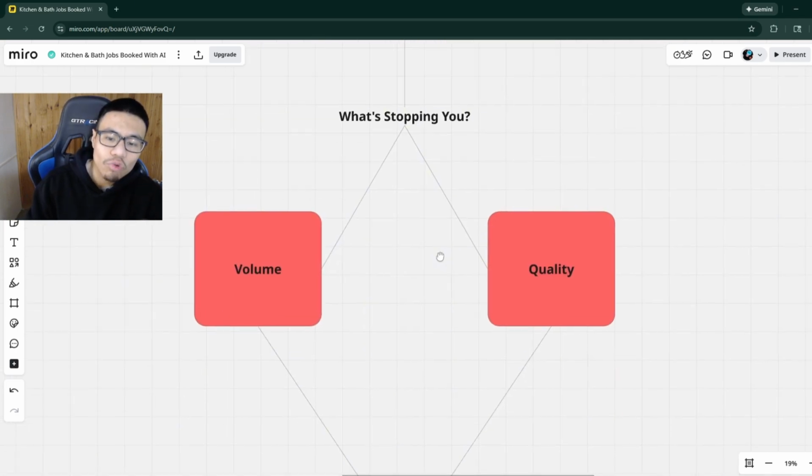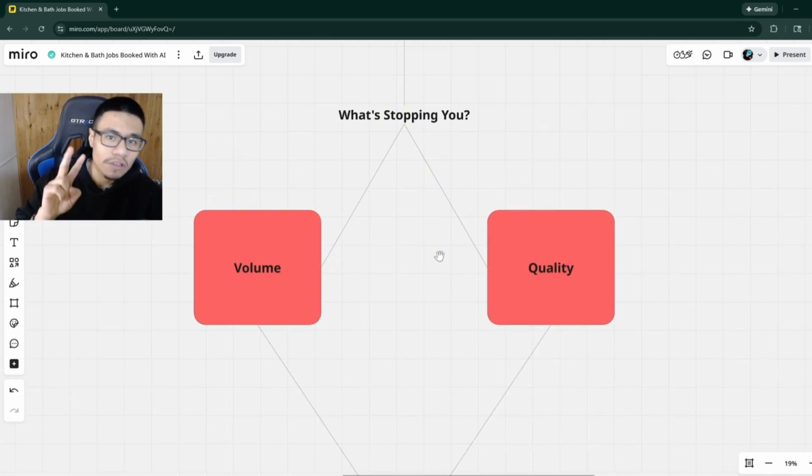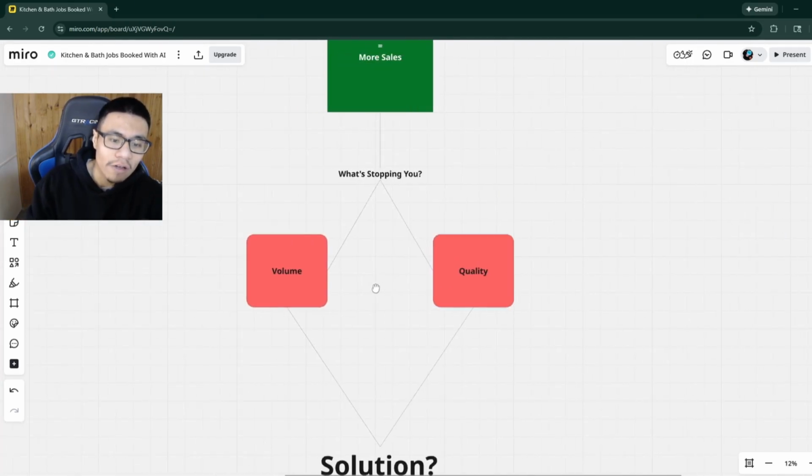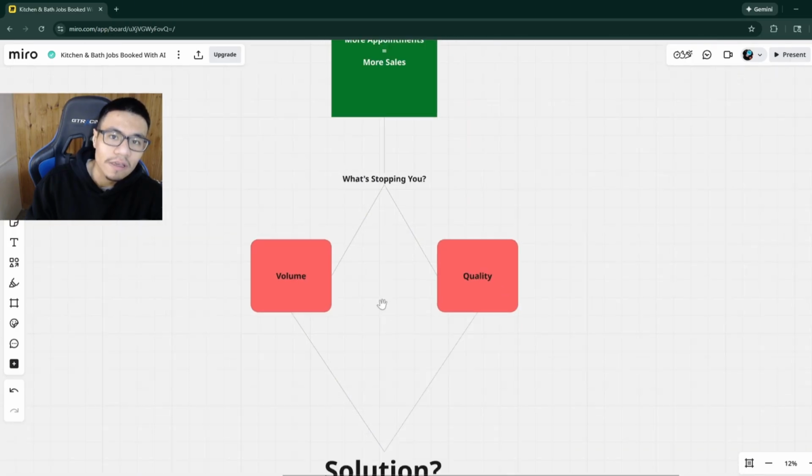And the second piece is quality. And that comes down to two things. Okay, one is their intention to buy. So the homeowner, where are they in their project timeline? Do they want to buy in 6 months or in 6 years or in 6 days, right? Big difference. And then qualification as well. So their qualification in terms of their budget as well as their timeline. If you can nail both quality and volume down, you're going to get more leads and more sales.